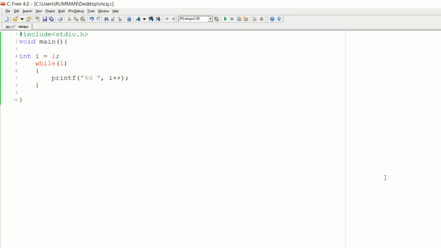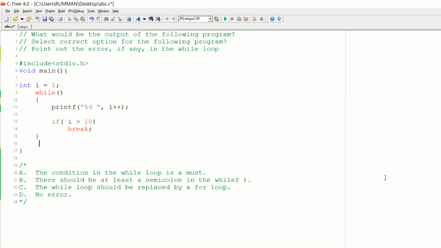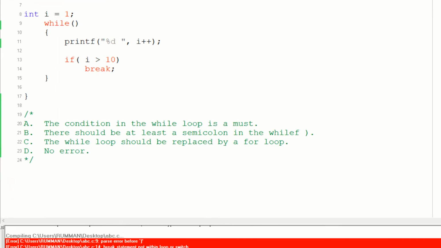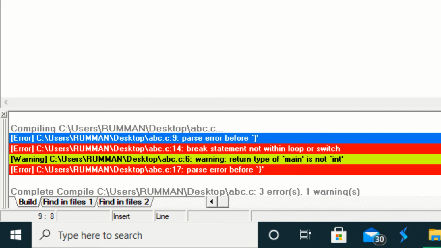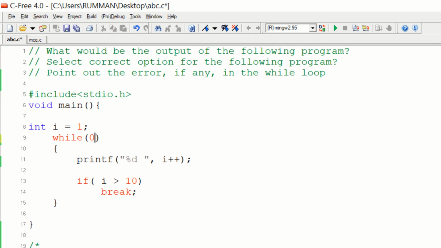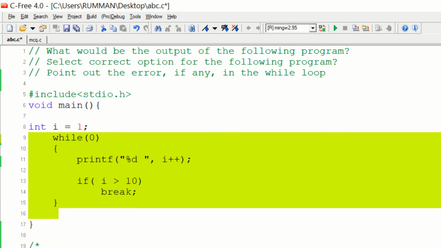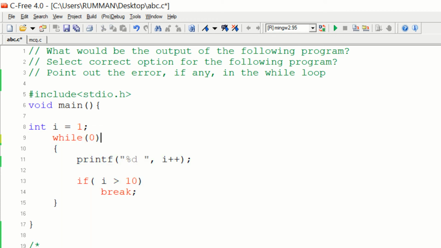Now we'll discuss that MCQ that we have seen in the slide section. So this is our program. If you run this program, it will show the syntax error that we have to give something here. If you put the 0 here, that means we are giving the boolean value as 0, so this syntax is correct, but it will not give any output here.